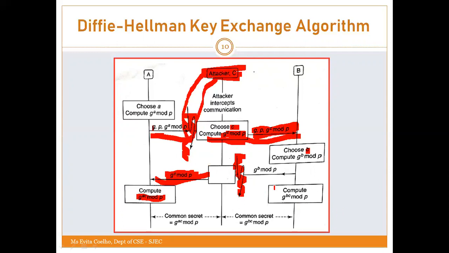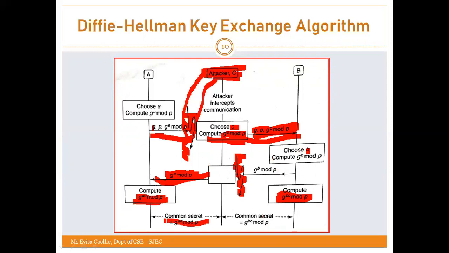Let's come to Bob's side. What has Bob received? Bob also has received G^C mod P. He will raise it to the power B, because B is his secret, and compute this. You can see Bob has a different secret from Alice, who shares a common secret with both of these,